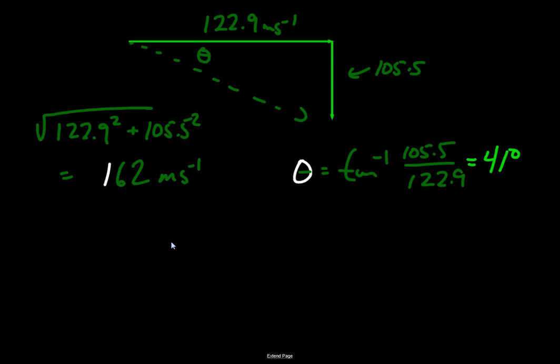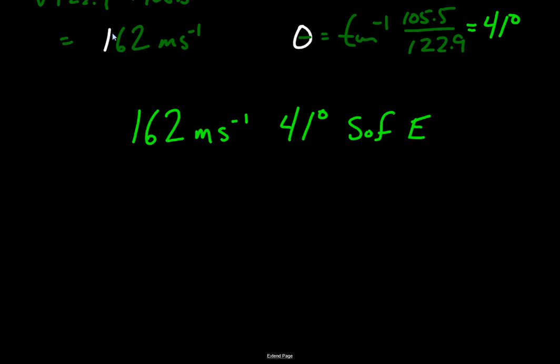Okay, so you write the final answer then: the plane must have an airspeed of 162 meters per second, 41 degrees south of east. If you want to have that final overview of what actually happened here, you aim your plane here. That's 162, 41 degrees south of east. The wind blows like this. Okay, you end up flying